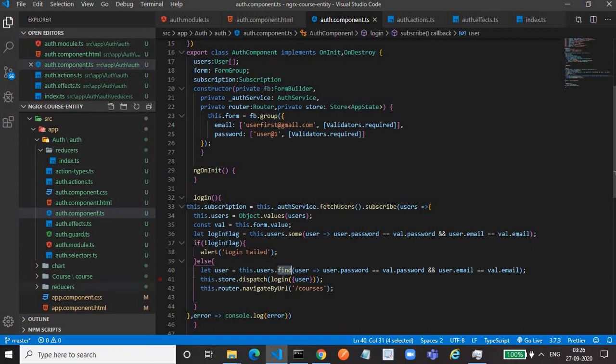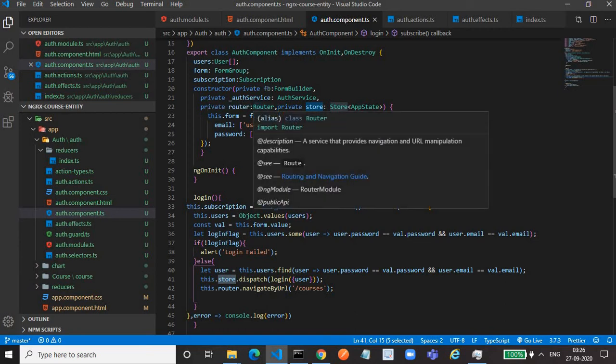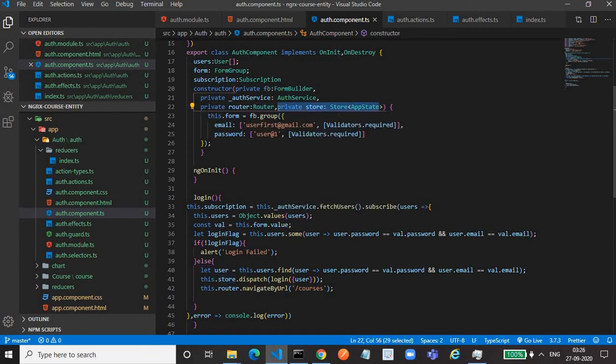Once we get the user object, we are dispatching an action using this.store.dispatch. The store is the instance that we have to create using dependency injection.